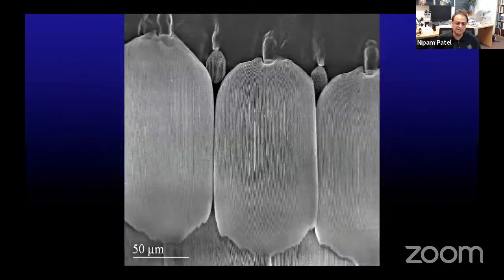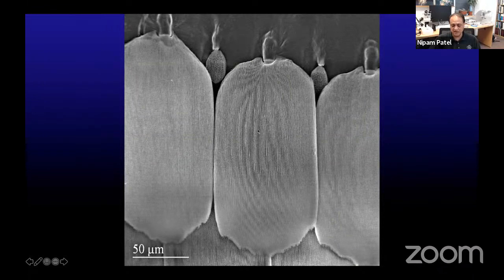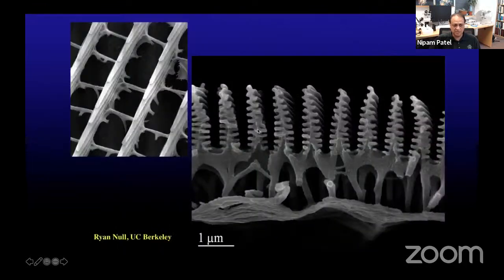So what do you see in these scales? If you look at these scales, like every other scale, they have these ridges of chitin on them. But in the case of these blue morphos, these ridges have a remarkable substructure to them. So those are the ridges, but if we take a cross section across these ridges, what you see is these ridges are organized in this incredible Christmas tree pattern. And this structure is very small. That's a 1 micron scale bar here.